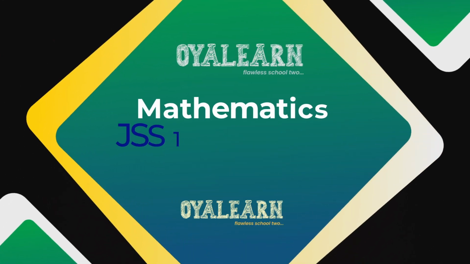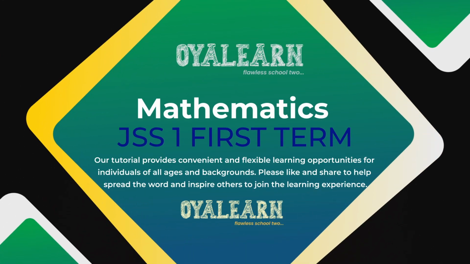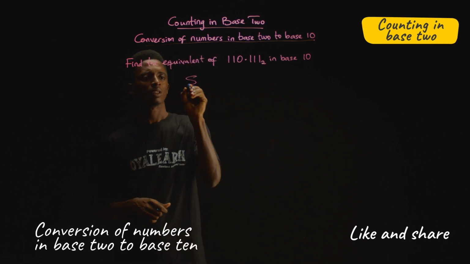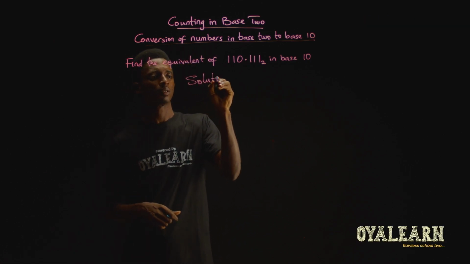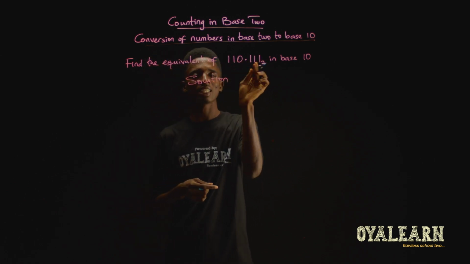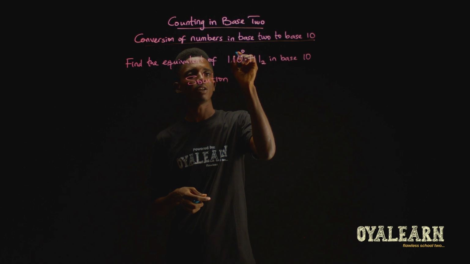Find the equivalent of 110.111 base 2 in base 10. Solution. Now remember, the power for the one before the decimal point will be, from here we have 0, 1,